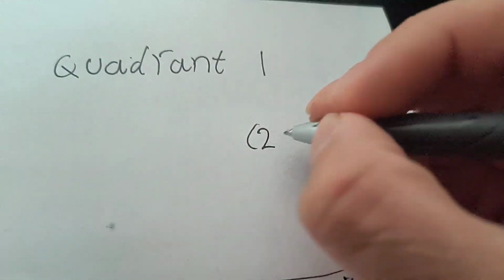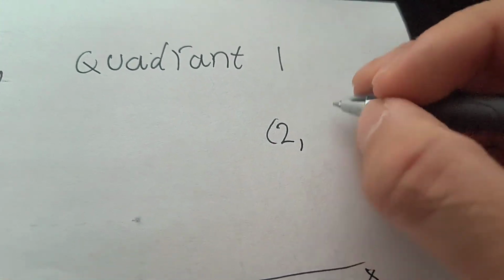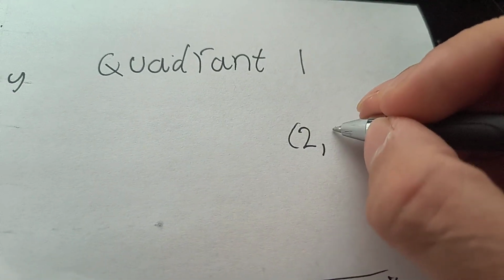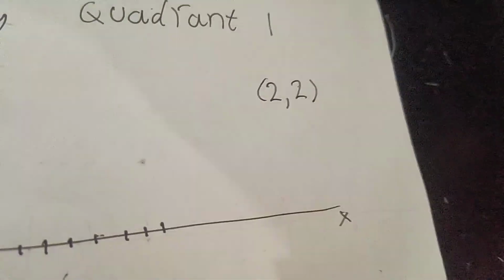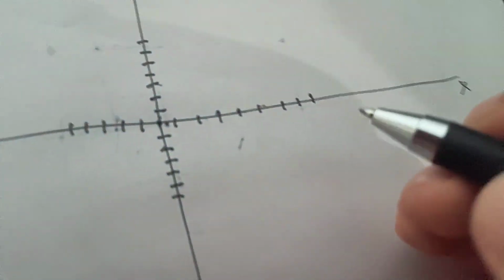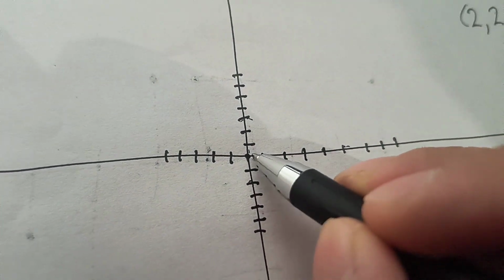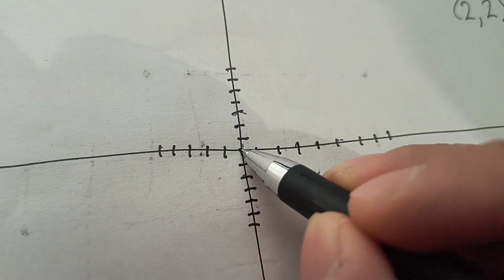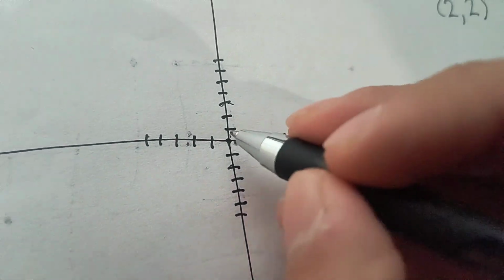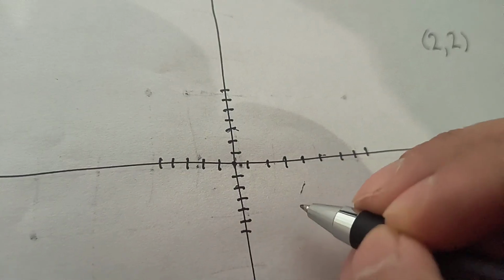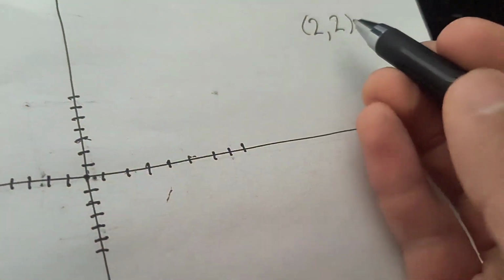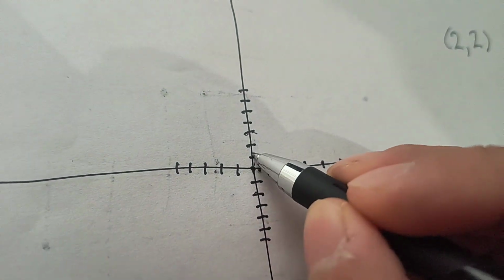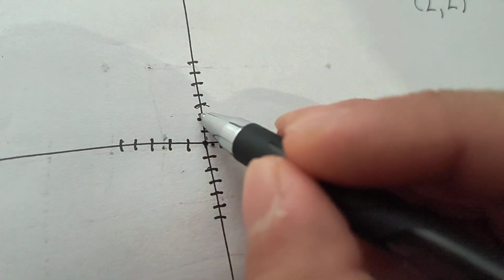This is the value of x I want you to put a dot on, and this is the value of y I want you to put a dot on. Okay? This is the values I want you to plot. What I mean by that is I want you to find the x value, number 2, which is 1, 2, and I want you to find the y value, that's right here, 1, 2,